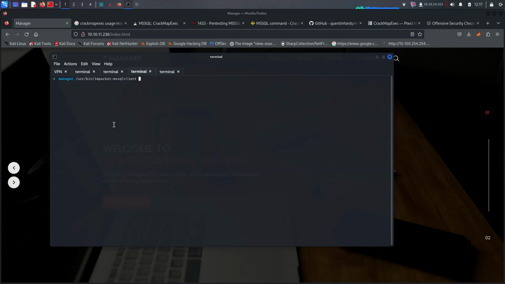So now we have to be focused on our domain and just try operator at manager.htb with dash dc dash ip equal to dc01 at manager.htb and dash dash windows auth. So we are gonna be authenticating on Windows. Just give them